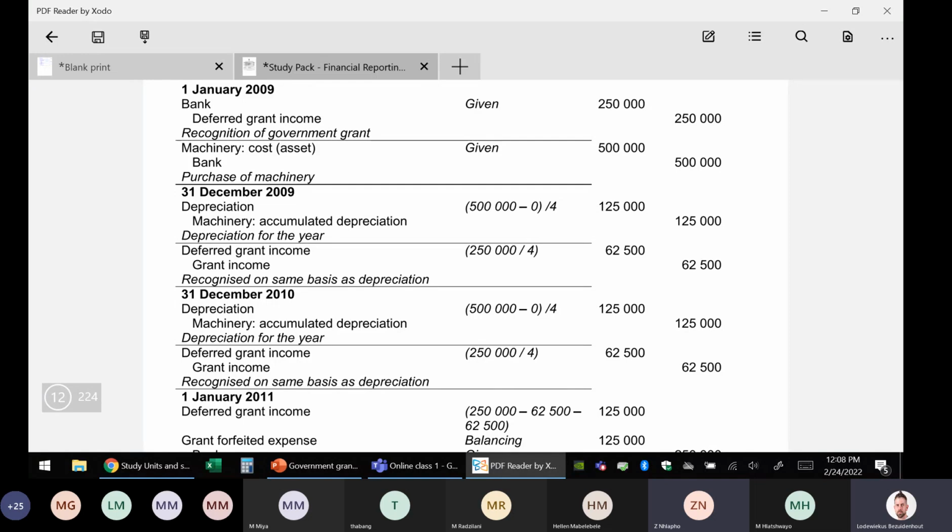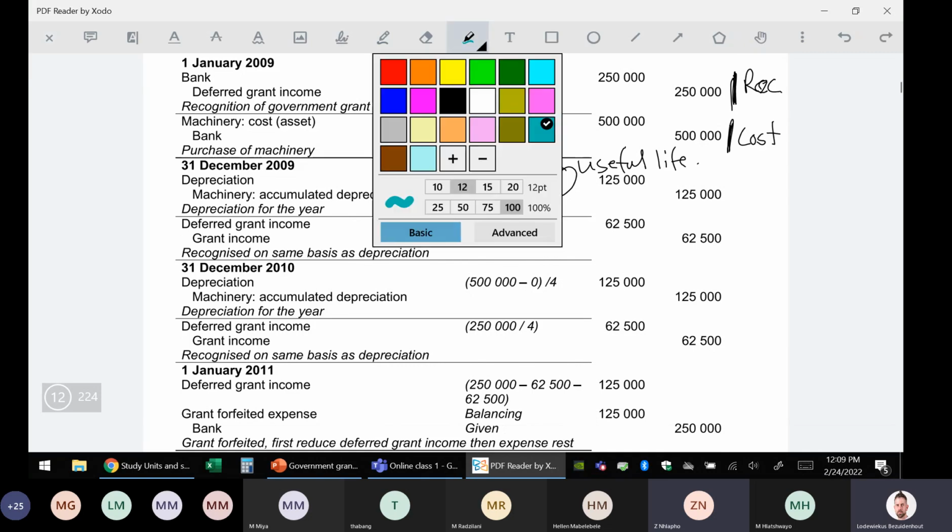So the first journal is where we receive the grant. All right, debit the bank, credit deferred grant income. Then we have got the cost of the asset, debit the asset with 500, credit the bank with 500. Then we calculate now for the first year depreciation. Depreciation is on the cost divided by the useful life. Because it is shown as other income,